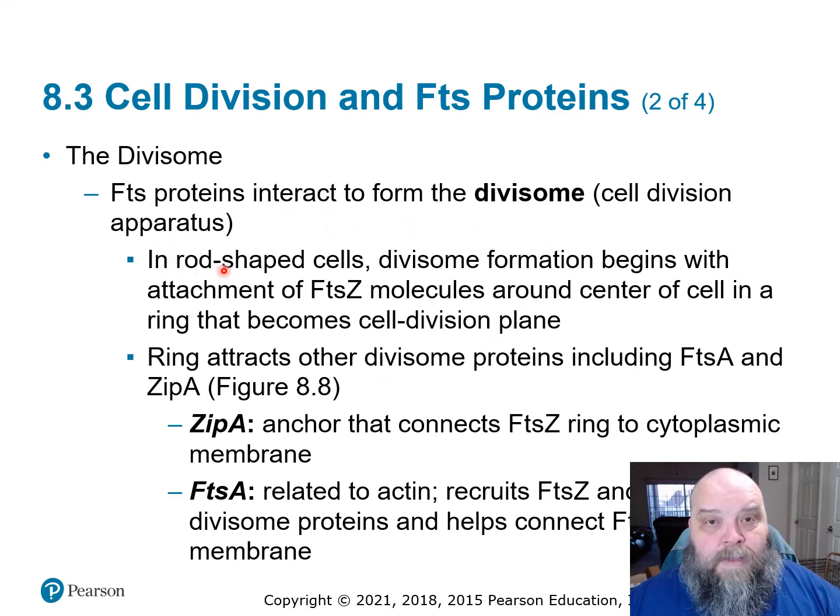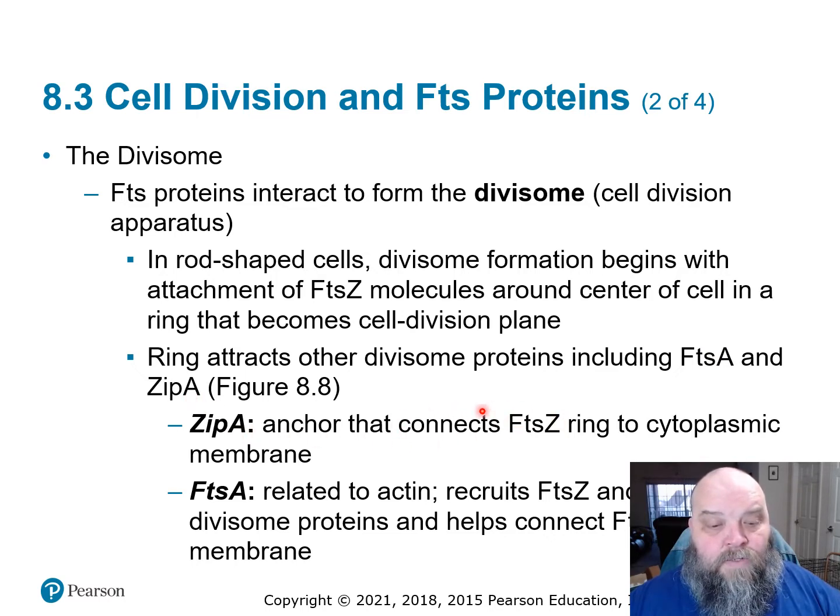It's easier to talk about this originally in rod-shaped bacteria, like E. coli, the bacillus E. coli. Because you're going to get FtsZ at the center of the cell. It's going to form a ring